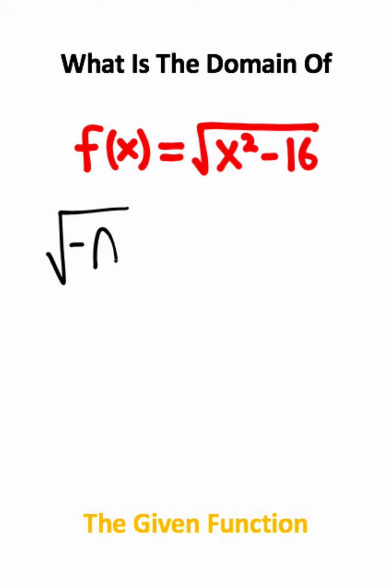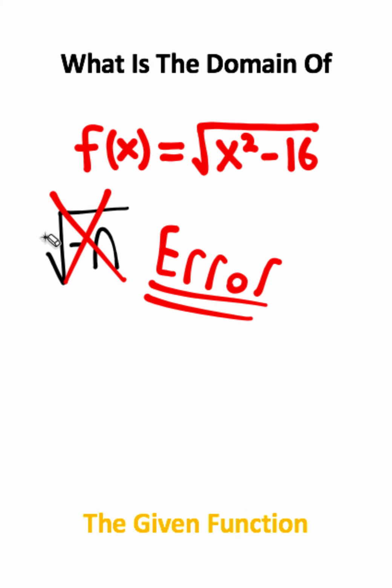square root of a negative number. Your calculator will basically freak out and tell you that there is an error. This is because the square root of a negative number is imaginary, and we only want real numbers when we're